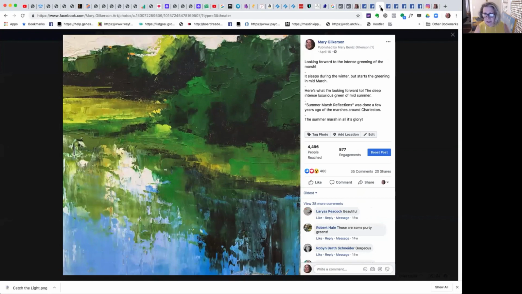You want to make a post that is similar to this one. Notice I have the title of the painting and just a quick blurb about the painting. It has 1, 2, 3, 4, 5 lines. That's all you need to write. So what you need to create that awareness post is